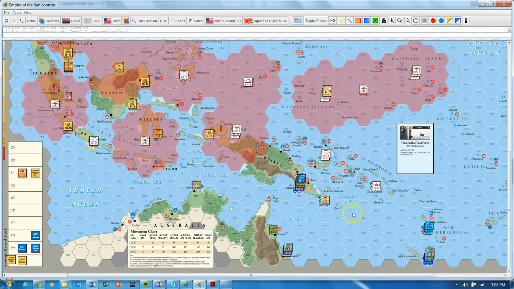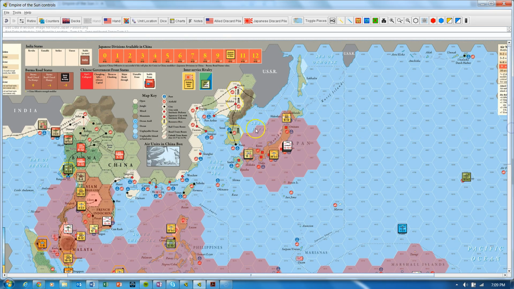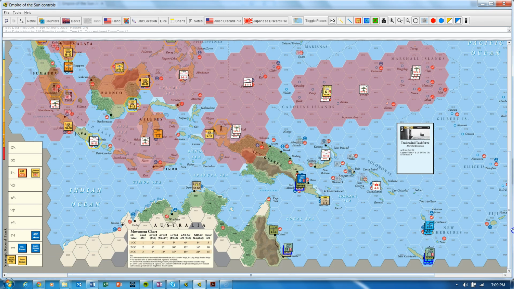They would like to get an air unit into Bougainville to provide air cover, a ZOI over there for protection, as well as to allow supply trace through here. And if we come up to the top here, one of the things you'll notice is the U.S. is in inter-service rivalry. What that means is that the U.S. is not going to be able to activate both Army and Navy units,